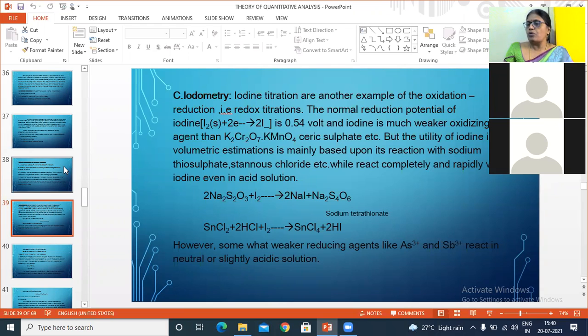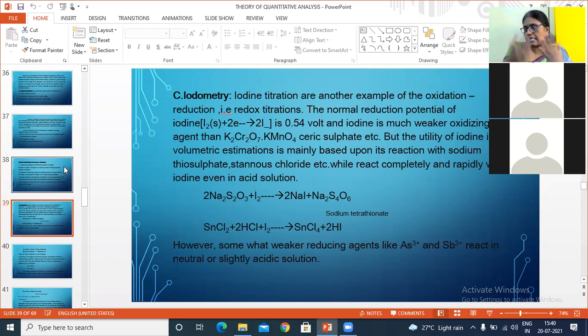We draw the same tabular form: serial number, volume of ferrous sulfate solution in milliliters, burette readings initial and final, and volume of potassium dichromate utilized for the titration of ferrous sulfate solution. First, 20 ml, initial burette reading 0.0, because we fill the burette up to 0. Then the final reading: for example, for 20 ml of ferrous sulfate, if 18.5 ml of potassium dichromate is used, we mark it as 18.5. So the volume of potassium dichromate utilized is final minus initial, which is 18.5.